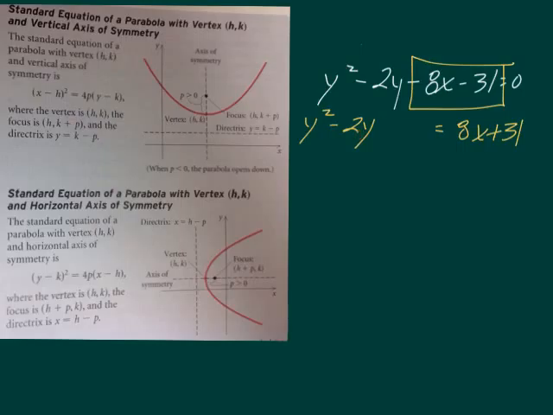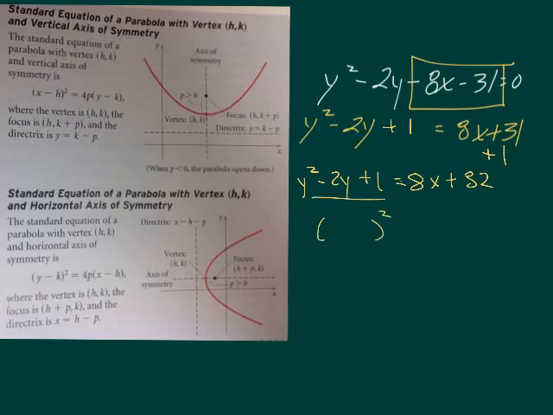So we're going to have a plus 1 here and a plus 1 over here on this side, which gives me y squared minus 2y plus 1 equals 8x plus 32. Okay, so now I'm going to take this and write it as y, and again this sign comes down,